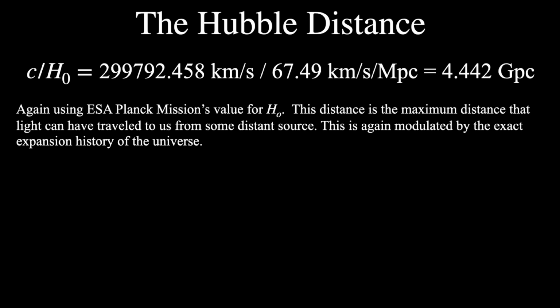By comparison, the Cepheid studies, which give roughly 73.2 kilometers per second per megaparsec, yield a Hubble distance of about 4.096 gigaparsecs, which is 13.36 gigalight years. And if you compare 13.36 to 14.49,